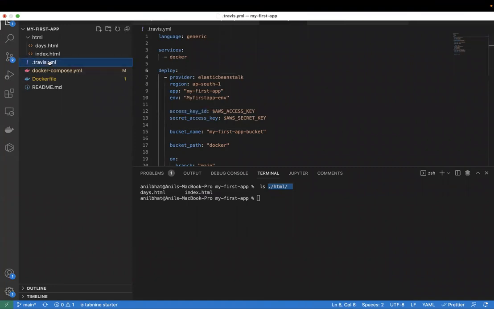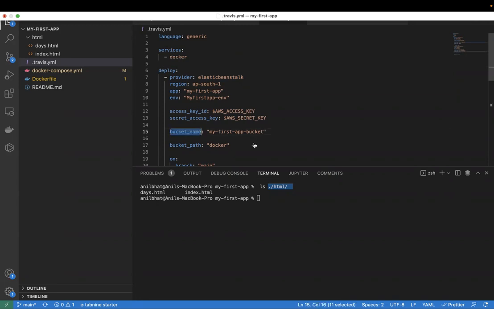With the help of Travis, you are bundling your application and then pushing it to the AWS web application management tool called Elastic Beanstalk. In order to push that, intermediately you are going to upload your entire application as a zip bundle to a particular bucket of Amazon S3.